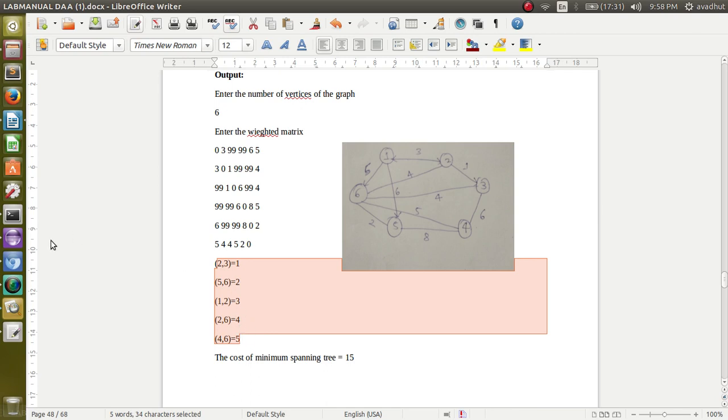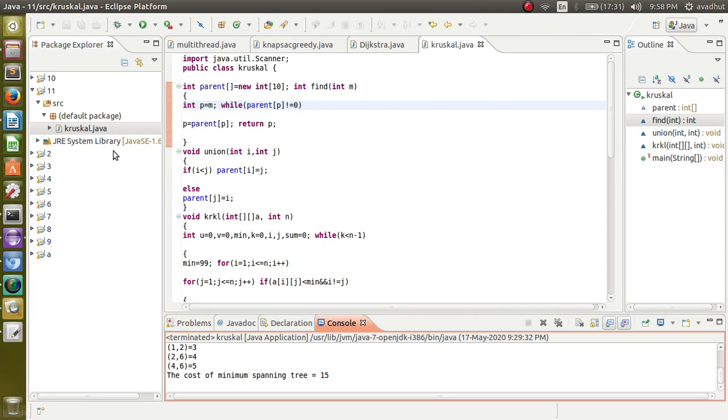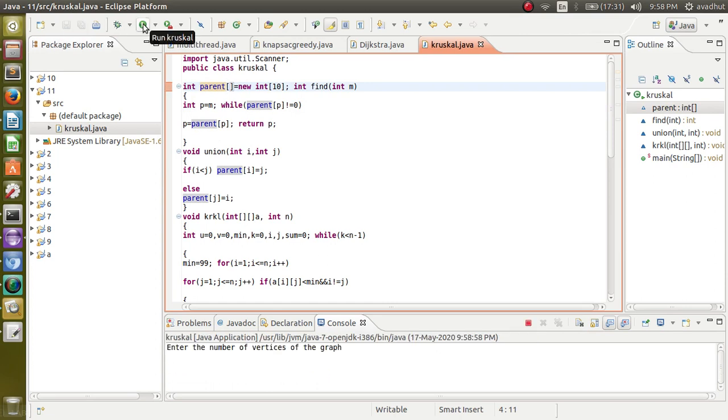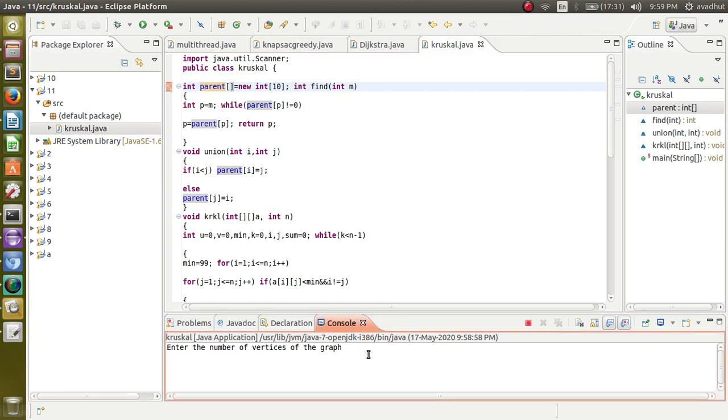So let us execute this one in Eclipse. I have already created a new project, that is the Kruskal project, and let me save this one. After saving, we will run this project. Yes, it is asking me to enter the number of vertices. Please concentrate on the output console here below. So 6 vertices we have to enter.